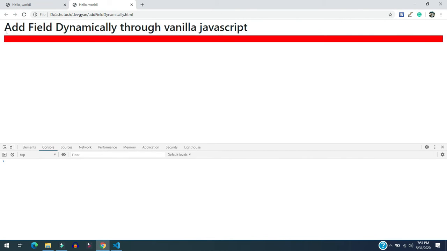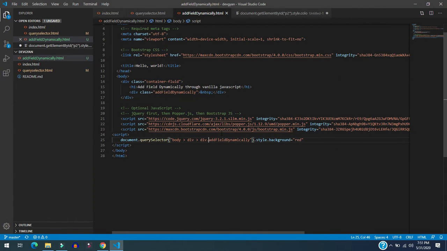As you can see, there are no changes because this dot is also working perfectly fine. Sometimes during the query selector, if you want to select some element, you can use some background style so that you can identify whether the right element got selected or not. In this way you can identify. That's why I am showing you.